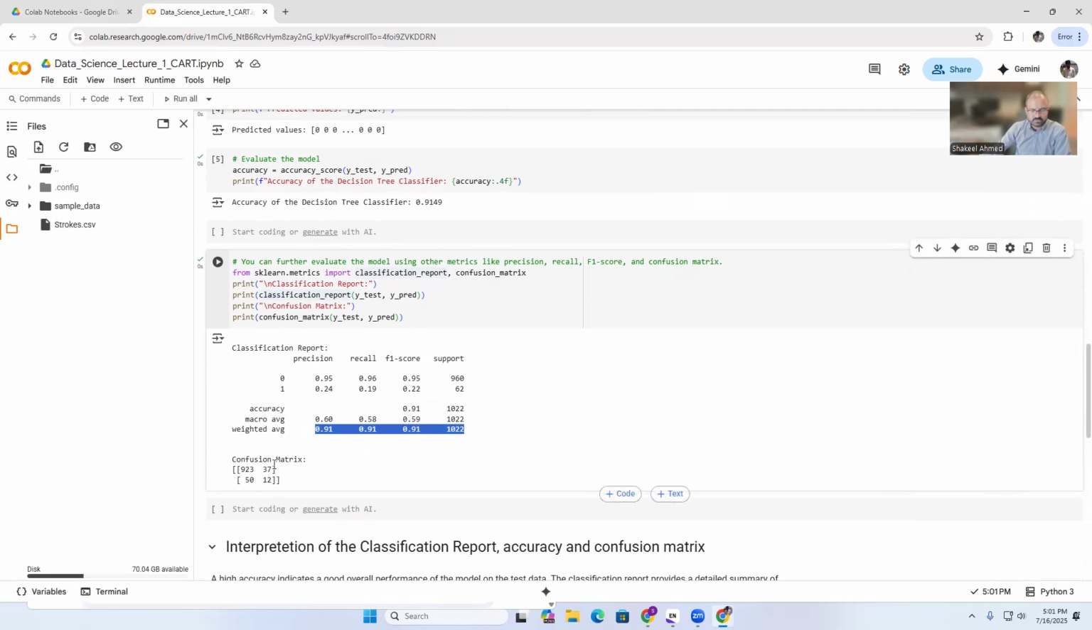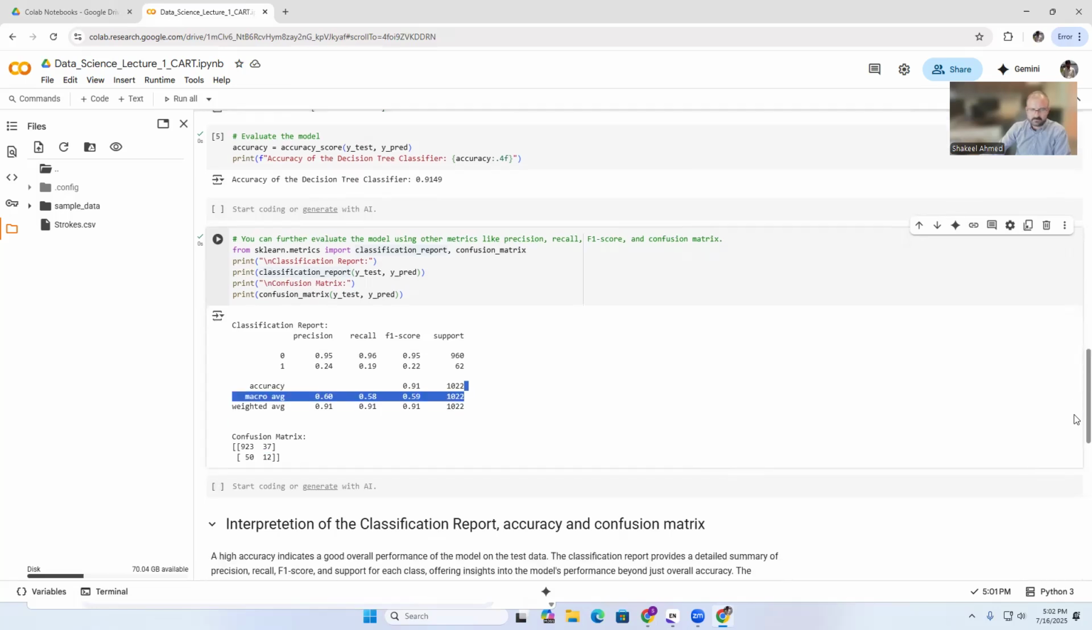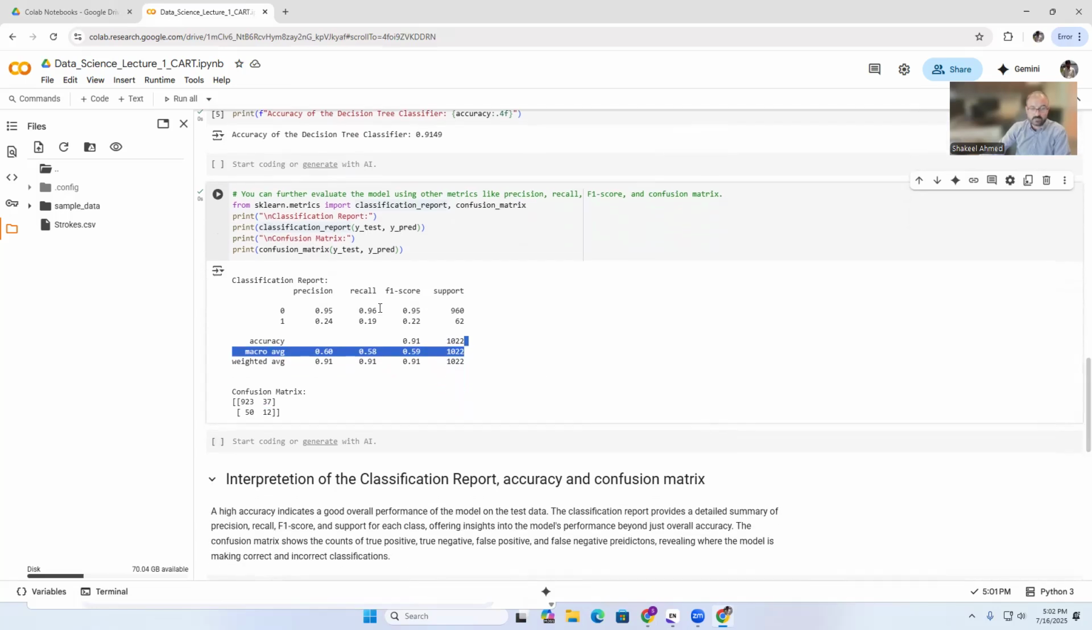But this is the confusion matrix. You can see 923 patients are correctly identified as non-stroke, and 12 patients were correctly identified as stroke, as they had stroke and were predicted as having stroke. So these are the performance measures, and we have already discussed precision, recall, F1 score, and support